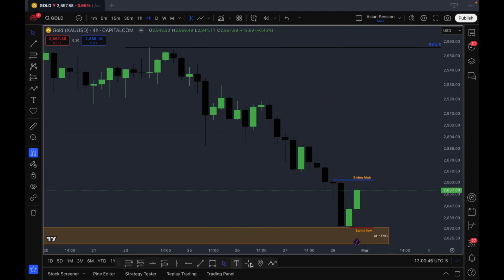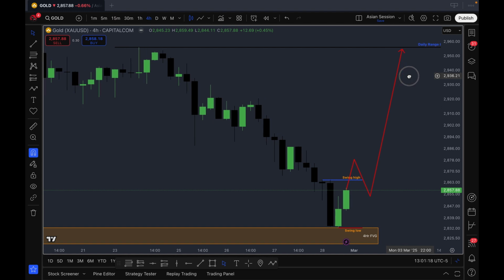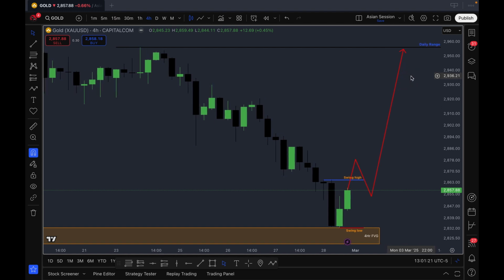gold to either come back into the gap, right? In this gap, I want to see it maybe create a rejection candle right here and then break the swing high, but it has to break the swing lows first. It might just continue to go up. If it continues to go up and break past the swing high, then the better. I would probably buy it on a retest for this and then aim for the daily range high, or trail my stop loss, because I don't want to be out of this trend when the trend keeps on